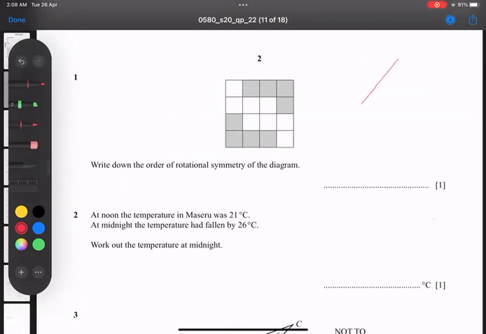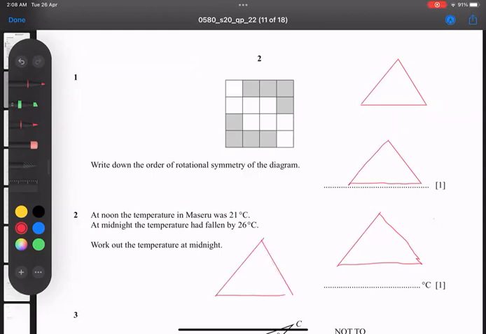If I just imagine, for example, an equilateral triangle. Okay, I just make a rough. So I make 4 diagrams. For example, this is the original diagram A on the top. How many times, if you rotate this object 360 degrees, in a whole rotation, how many times does it look the same? That is counted